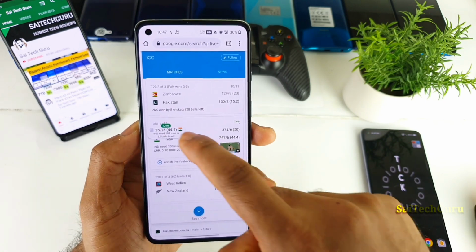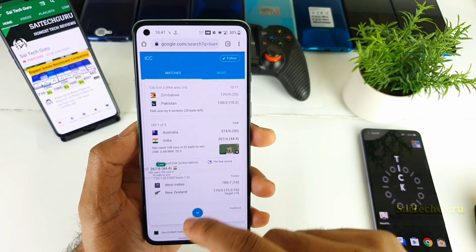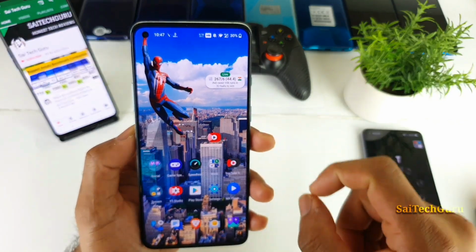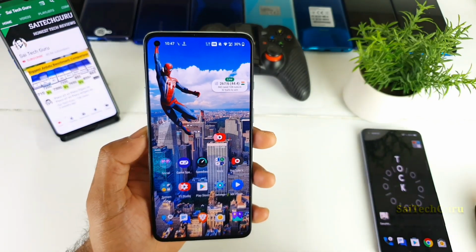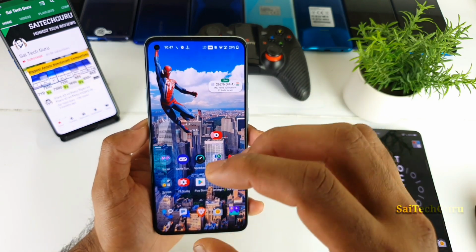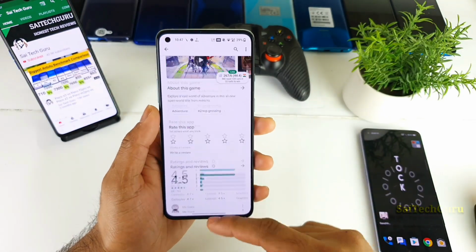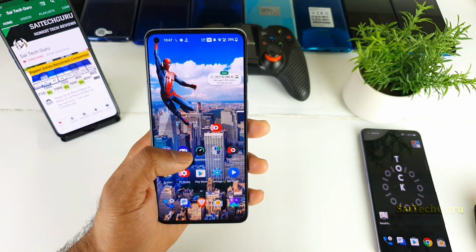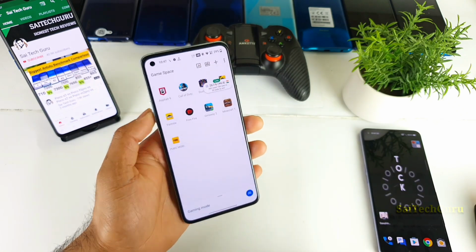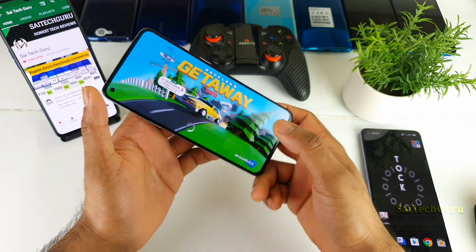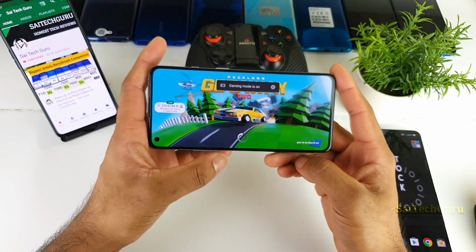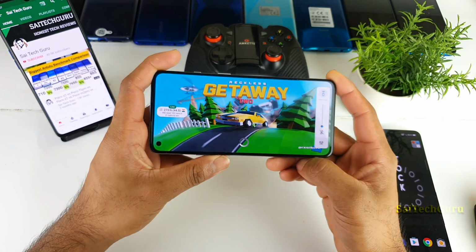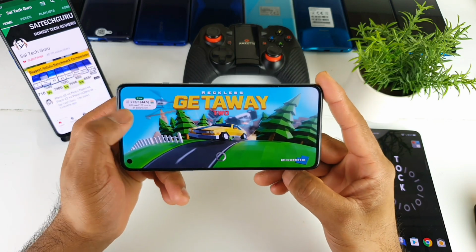This will create a small floating window here, which is really convenient and really small, so it won't interrupt any other applications you're using, even if you're playing games. Let me try one of the games. Let me try this game. As you can see, even while playing games you can keep track of the live cricket score, friends.